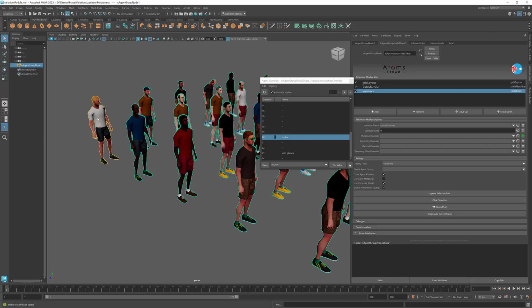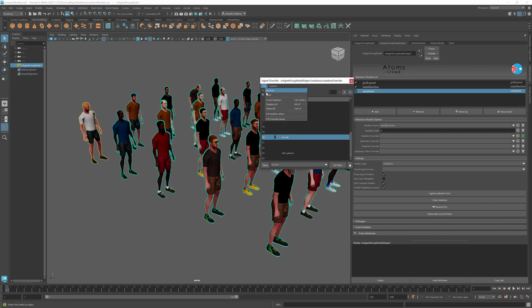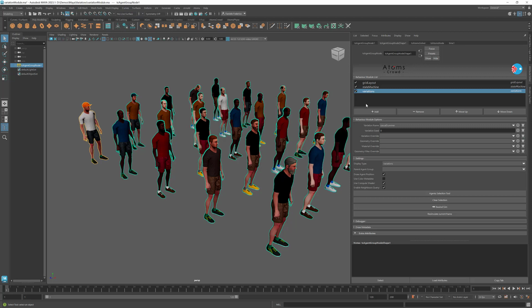So as you see here, in this way, we have just removed the hat because we didn't want a hat for that guy over there. And we assigned the glasses here. Again, you can do this with any kind of prop or cloth item that you want to add or remove from your agent. I'm going to clear this because what I would like to do now is use the geometry